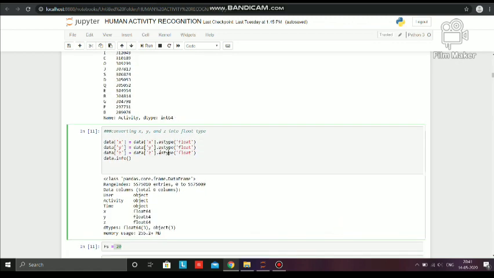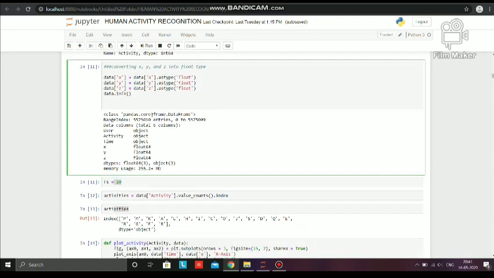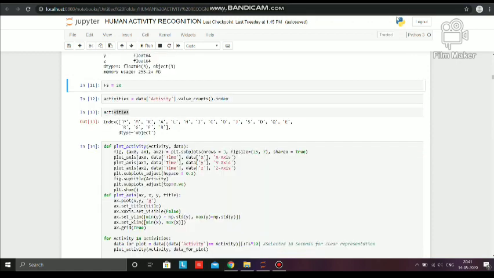Now here we are converting the xyz from object type into float type. After running this cell, xyz will be converted from object type to float type. Also we have to keep the fs value as 20 because the data was recorded at 20 Hz, that is every 50 milliseconds. And then we have created a list of activities that were analyzed. All these activities are assigned with some variable, that is p, m, k, and all. And then we have